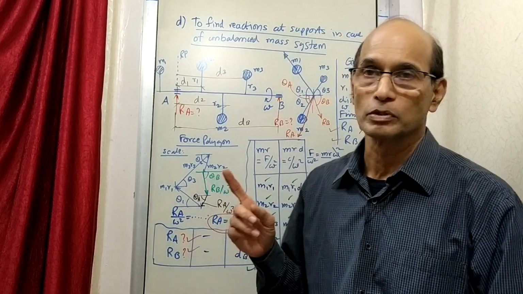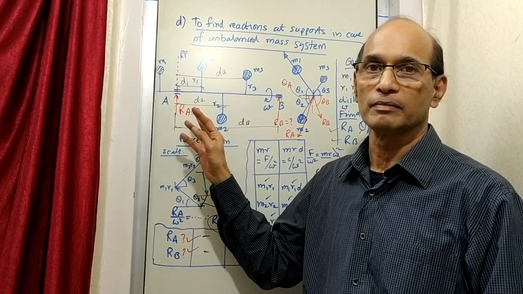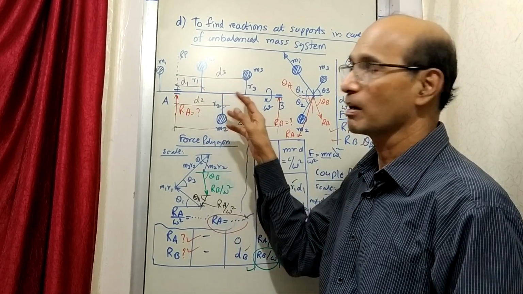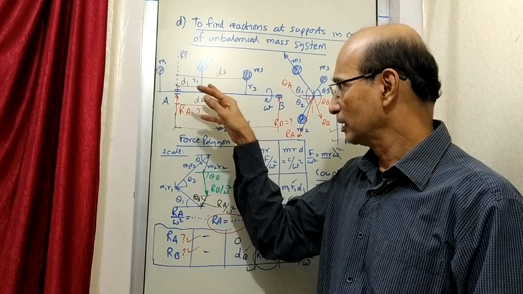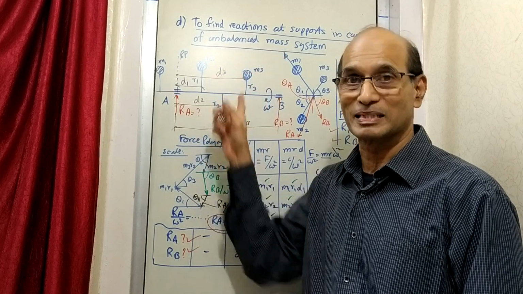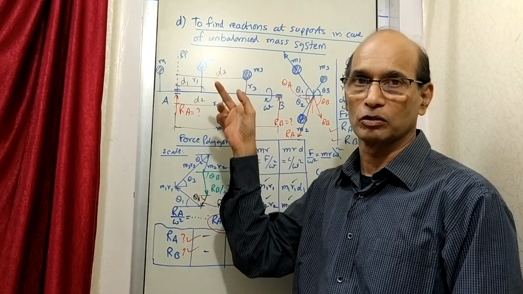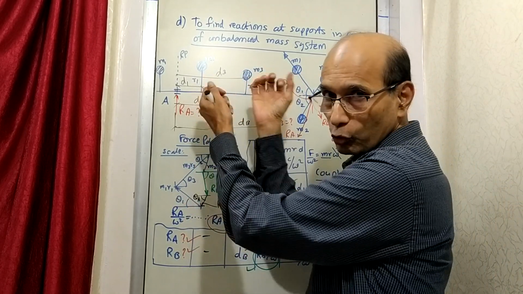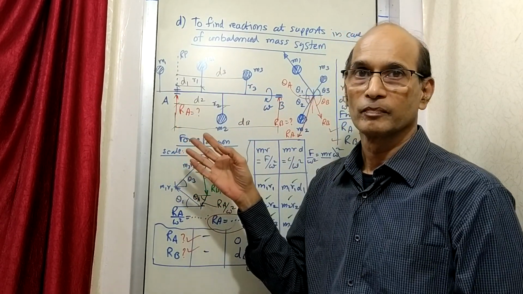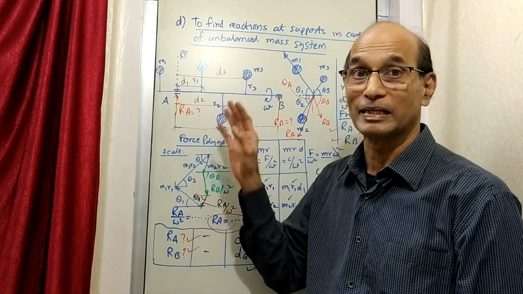Remember, these reactions at the supports, I will again repeat, that was discussed at the start. These reactions at the supports are there because the masses are not balanced. If you balance the masses by adding some balancing masses here, like the earlier problem, then the system on its own will be balanced. In that case, there will not be reactions at the supports because of the centrifugal forces on the masses. But since the whole system has its own weight, that will definitely be exerted on the bearings, which is also there right now. So that reaction will be there, which we are not bothered about much. We are right now not asked to find out the static reaction.